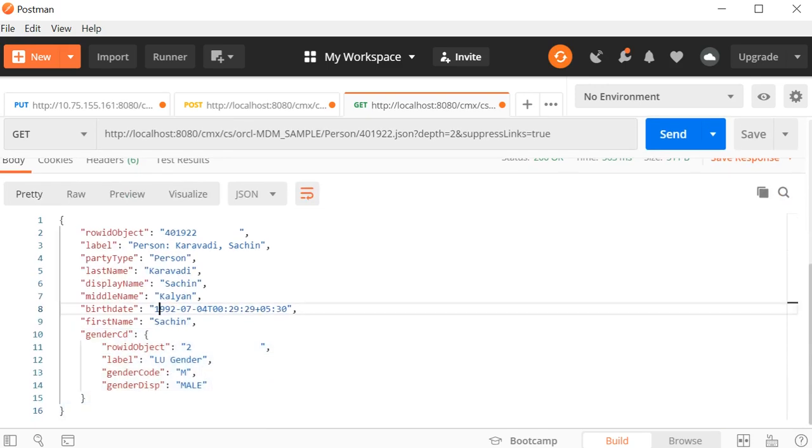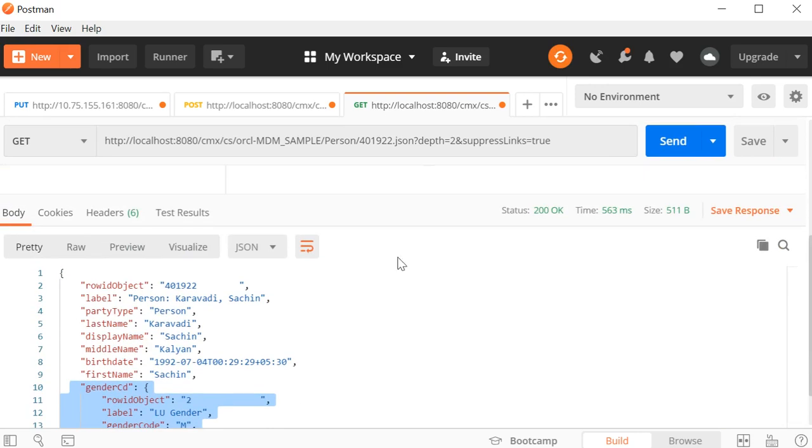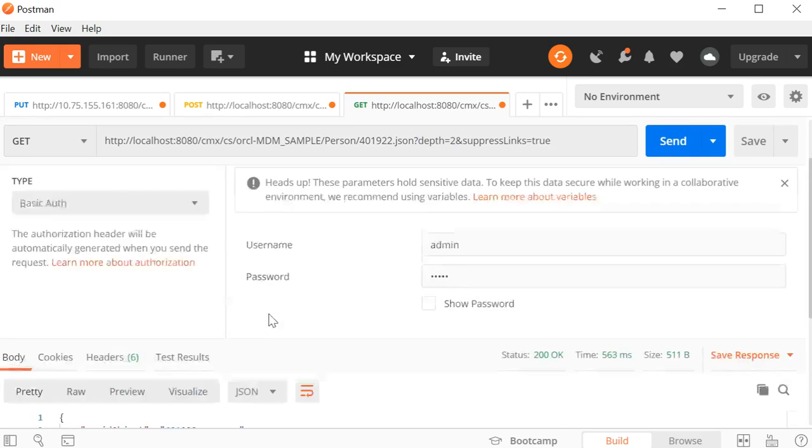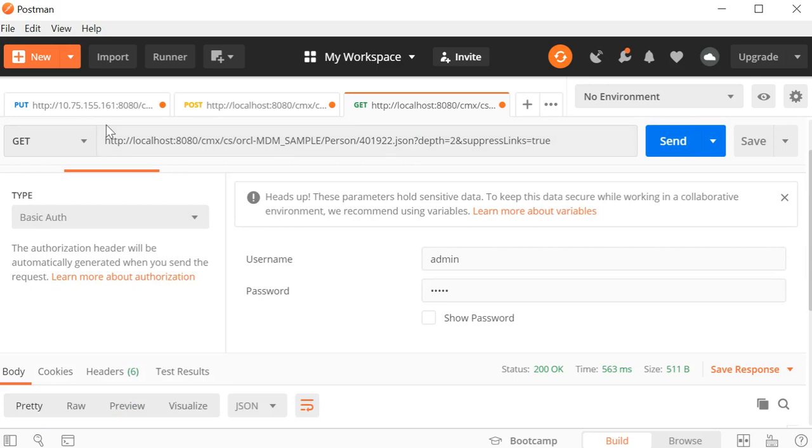So here is where I've got the result, where this is my parent record and this is my child record. As I have given the depth equal to 2, I have got the parent as well as the child record. And similarly, you'll be able to perform the post call and the put call.